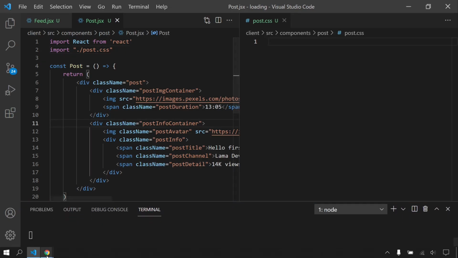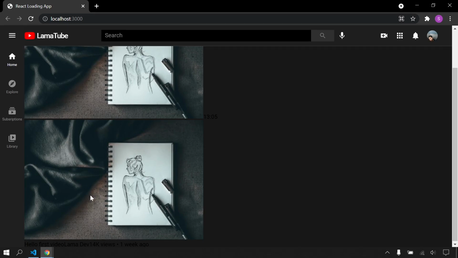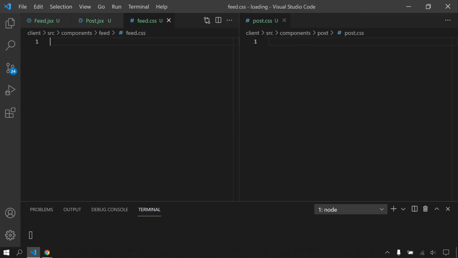Okay, but before I can go to the feed component because I will give some padding here and I'm gonna change this text color. It's gonna be inside feed CSS. Let's open this feed CSS. As you can see, it's empty for now.